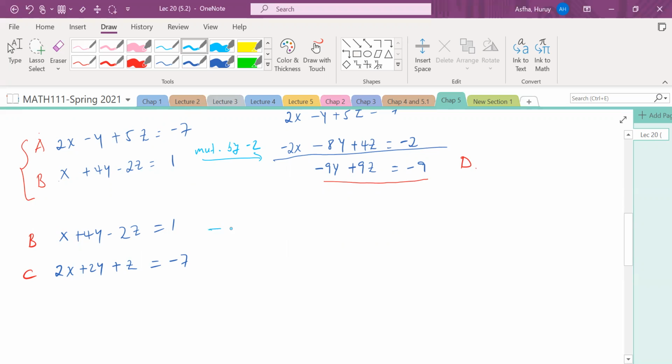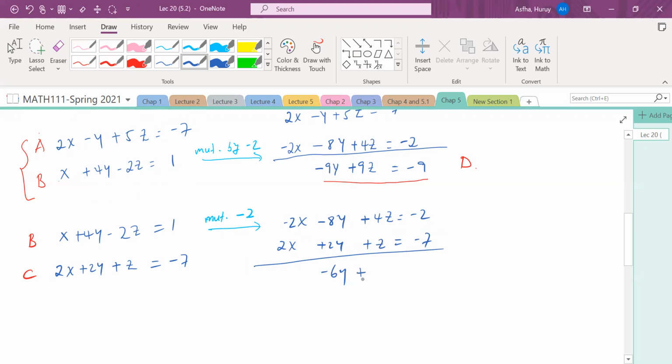To do so, I will multiply the first equation by -2 again, and we get -2x minus 8y plus 4z equals -2, and the second equation stays as it is. Now we add, and x becomes 0, y is -6y, z is 5z, and the right side is -9. And let's call this